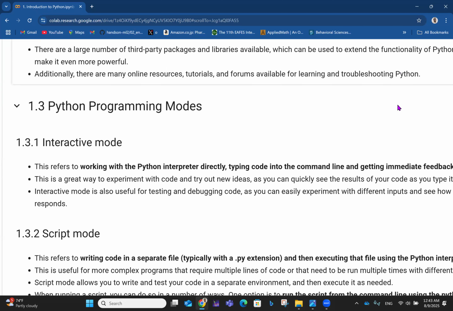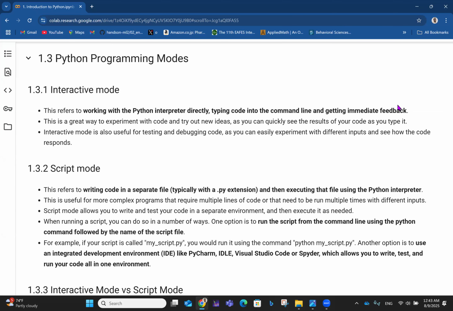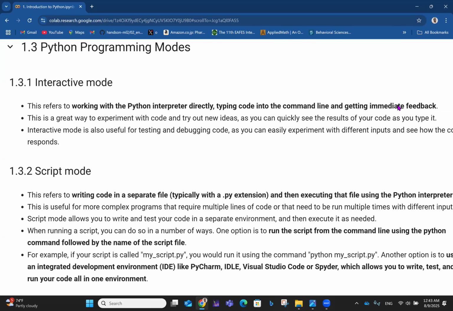Now, let's go to Python programming modes. There are basically two of them, right? They are interactive and script mode. For the interactive mode, when you use something like Jupyter Notebook and Google Colab, you're working basically in the interactive mode. The interactive mode refers to working with the Python interpreter directly, typing code into the command line